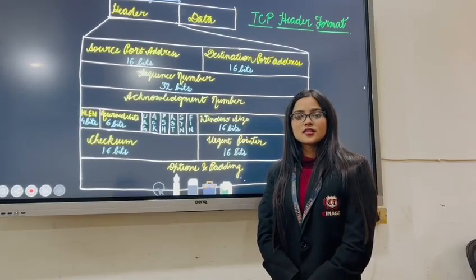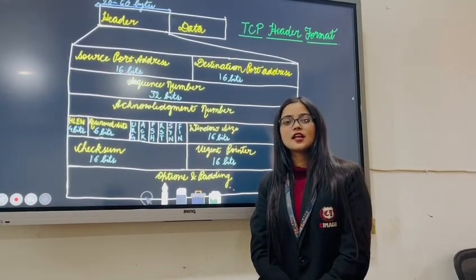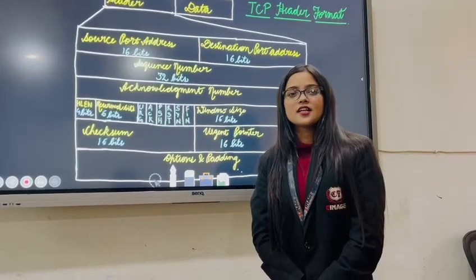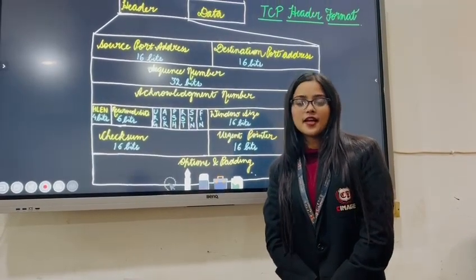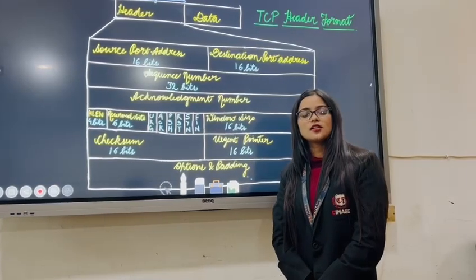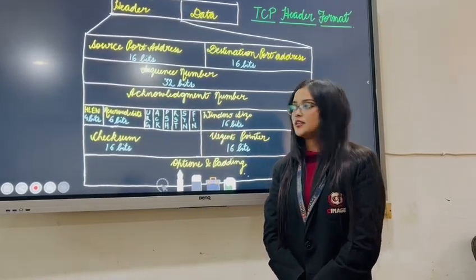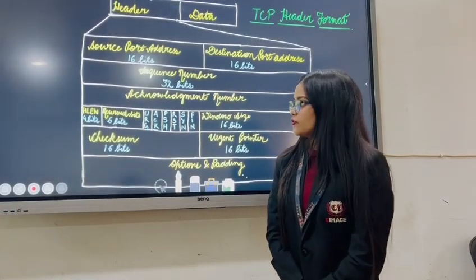It is also known as data offset. It is a 4-bit field that indicates the length of the TCP header by the number of 4-byte words in the header. That is, if the header is 20 bytes, then the value of the field is 5, and if the maximum is 60 bytes, then the value of the field is 15. Hence, the value of the field is between 5 and 15. And the next is reserved. It is reserved for future use.